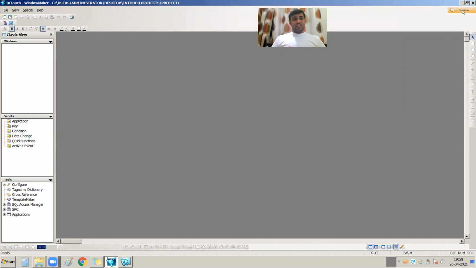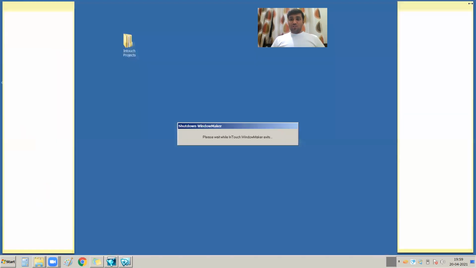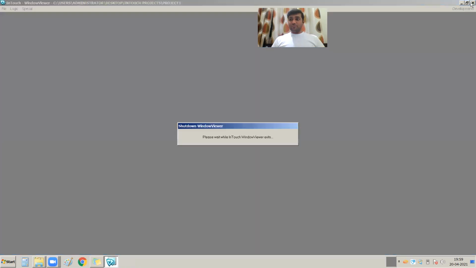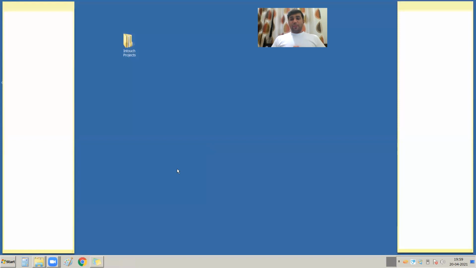Three components are covered in this tutorial. Hope you can easily understand these three components of InTouch: one is the Application Manager, the second is the Window Maker, and the third is the Window Viewer. If I close this Window Maker, my full InTouch application is closed.